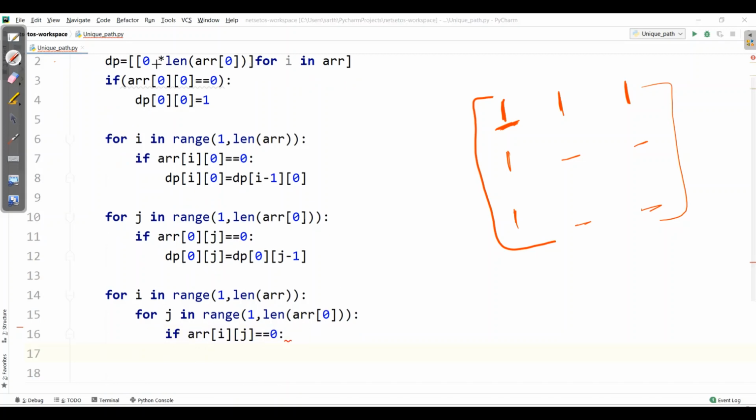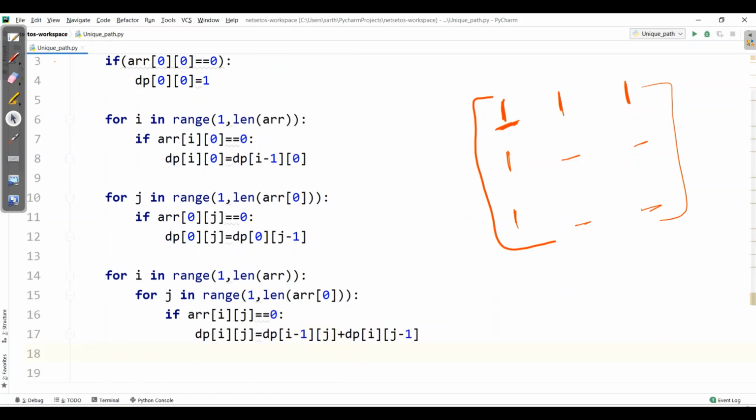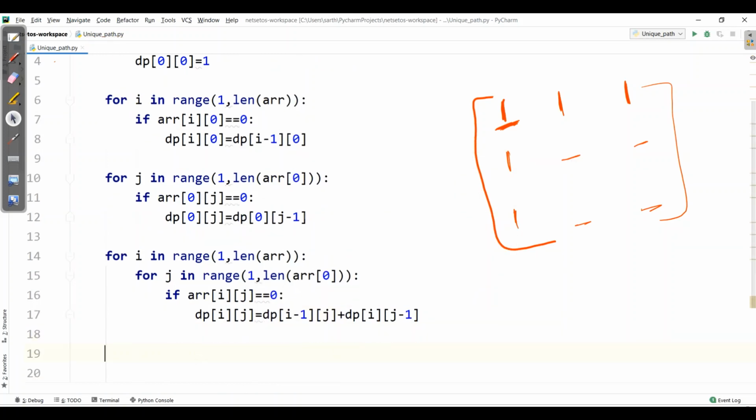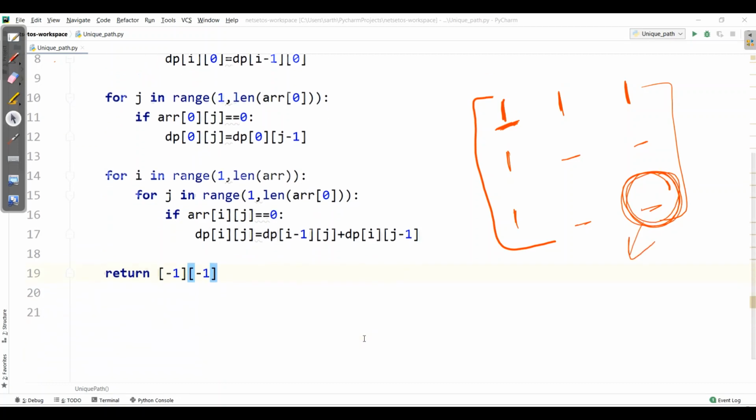I have made all the elements as 0 initially. So if they are 0, it will have the sum of the upper and the left element, and with this we will get the last value. Whichever element I will get at this point will be my answer, the unique path.